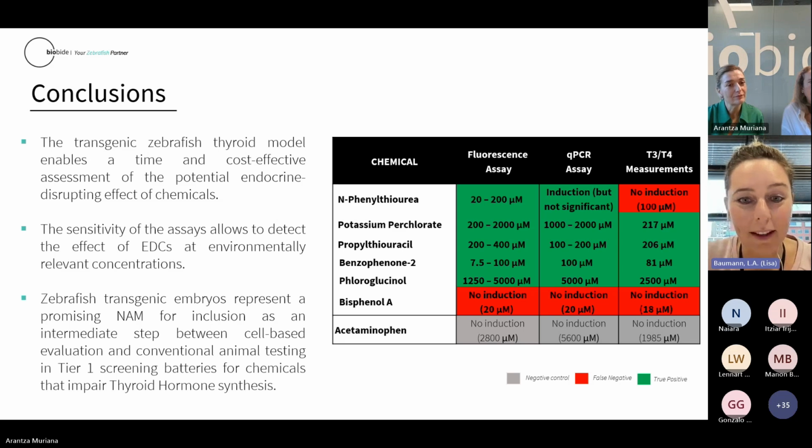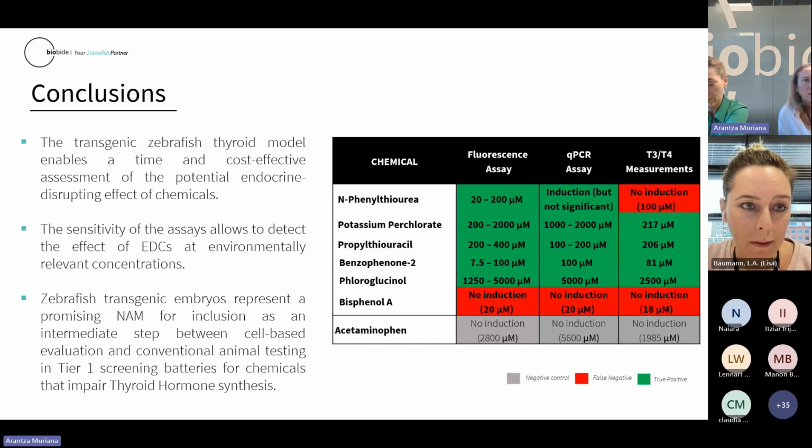As you know, there are many activities ongoing on that. Therefore, I have some technical questions, especially about the negative control, because we just discussed in the OECD thyroid disruptor expert group that it's very difficult to find negative controls for thyroid hormone system disruption. I was wondering if you tested other compounds and had some false positives there, because there is a similar test using zebrafish with T4 antibody staining in the follicles, and ampicillin, which is normally negative in any other assay, for example with Xenopus, turned out to be a false positive. I was wondering if you tested that or others that were false positive.